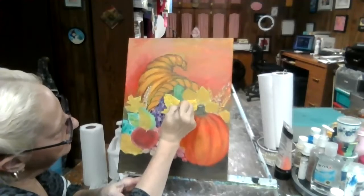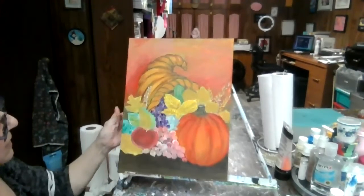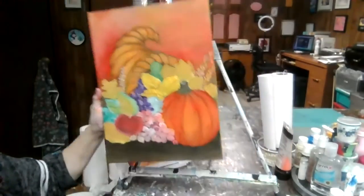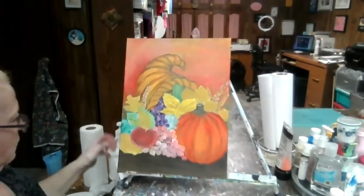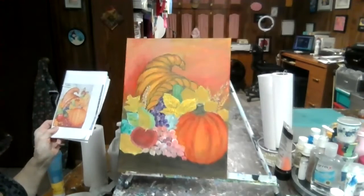These make awesome, awesome gifts. Okay, so those are my leaves. They look pretty cool. These leaves over here, I'm going to add a little bit of orange